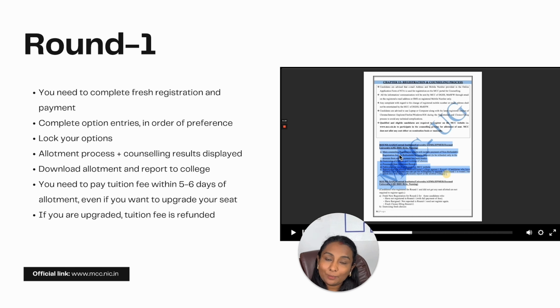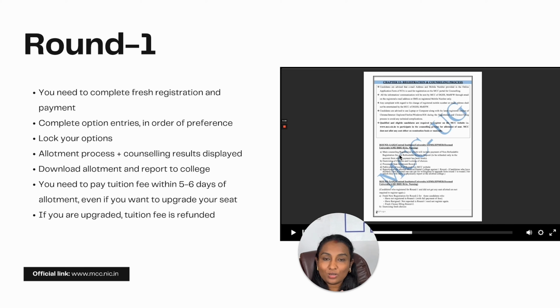If you're very happy with it and you want to go ahead with the seat, you can go to the respective college and complete your joining formalities. If you're not that happy, you're just satisfied with the allotment, but you want to try for something better in the second round, you still have to go to the college, report, and then give the upgrade letter. You have to pay your full fees, even if it's an upgrade option. If you're not at all happy with what you've got, you have a free exit option. You don't have to take any seat, you can just leave it. You don't have to do anything.